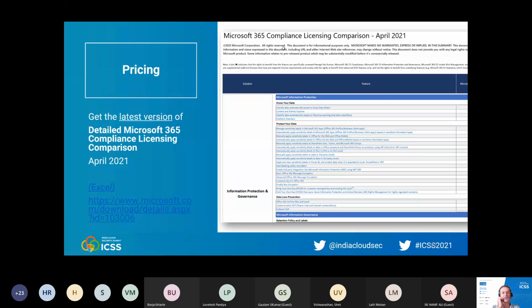Pricing, this is a very, very useful, common question. So here is, for me, the most precise information. So you have an